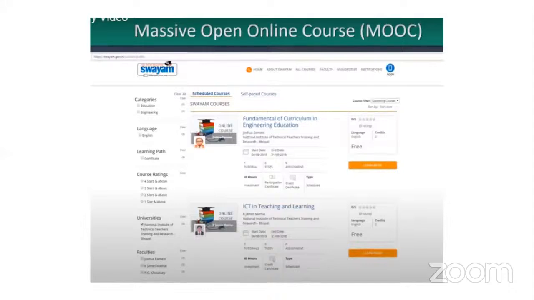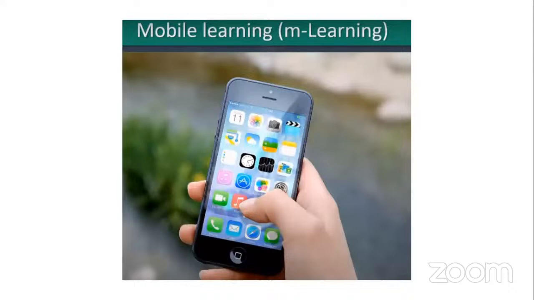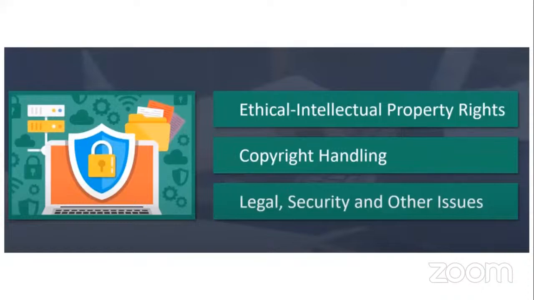Suppose if I teach a particular topic on algebra, it won't be sufficient for them to have only my classroom teaching. They can go to Swayam, they can attend an online free course over there. They can self-assess themselves, and they can learn more content than what is in their syllabus. My textbook material will support only their syllabus. And mobile learning has also come, M-learning. Through mobile also, you have a lot of apps through which you can learn. You can download the content and you can refer to it whenever we require it.